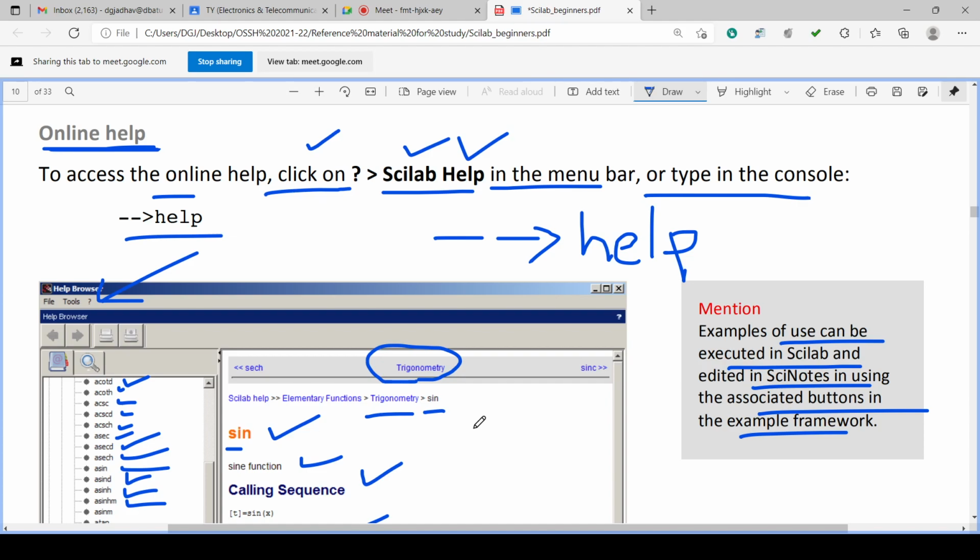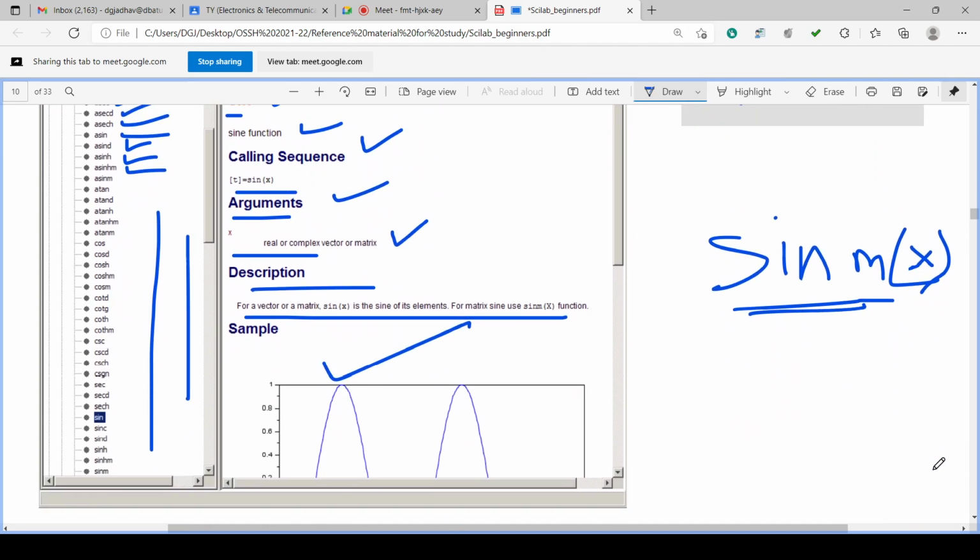All the topics, all the commands, all the functions are very well explained with their construction, with their execution, with their meaning. What are the types of arguments, what are the types of outcomes, all is mentioned under the help. So detailed information we can get and learn from the help. So help is a very useful window.